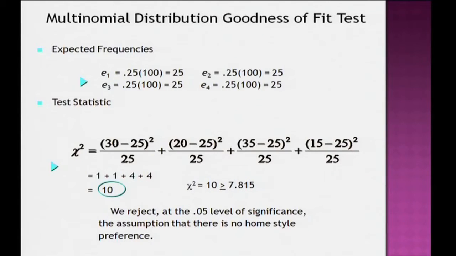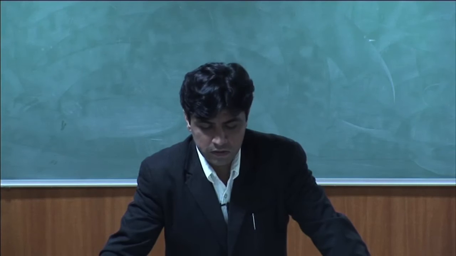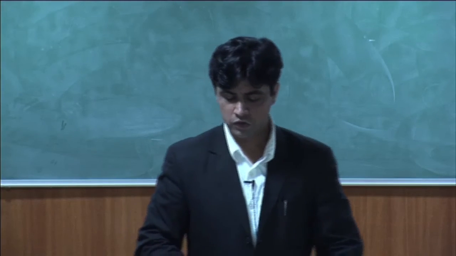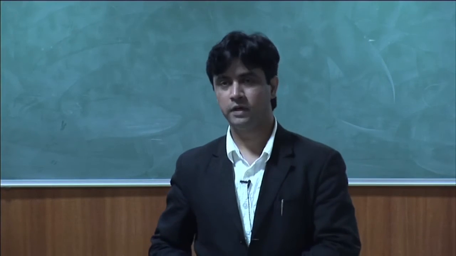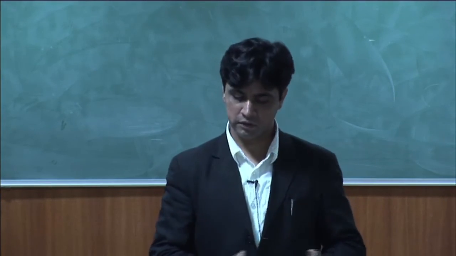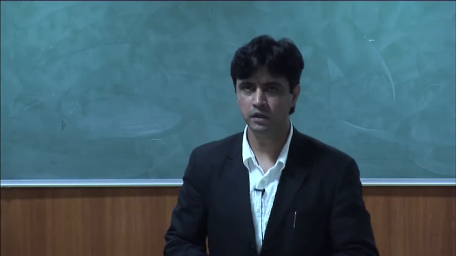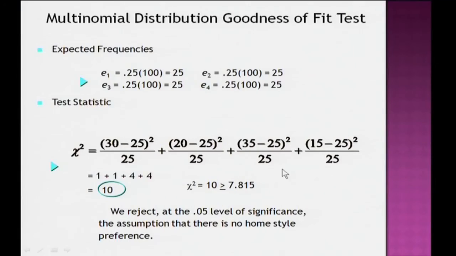When you look into the chi-square table, there is a separate table for t test, a separate table for z test, and a separate table for chi-square test. You must be quite comfortable with each of these tables. Here you just need to match the level of significance. If it is given, say 5%, match that level of significance with the degrees of freedom. The moment you match it, you will reach the tabulated value.